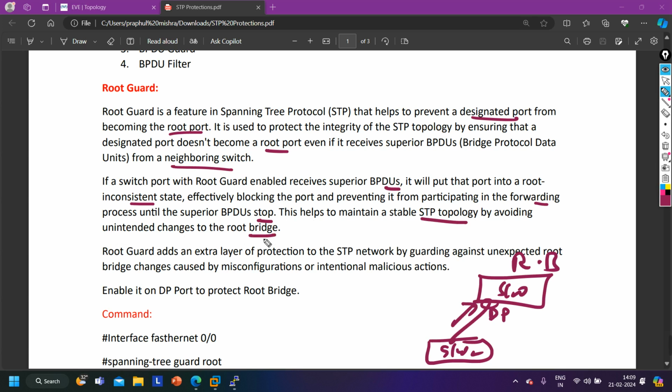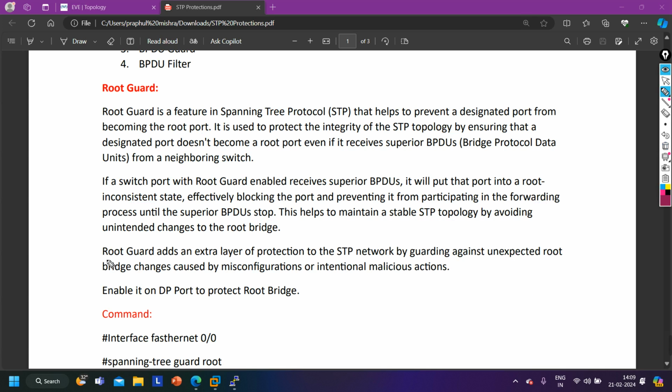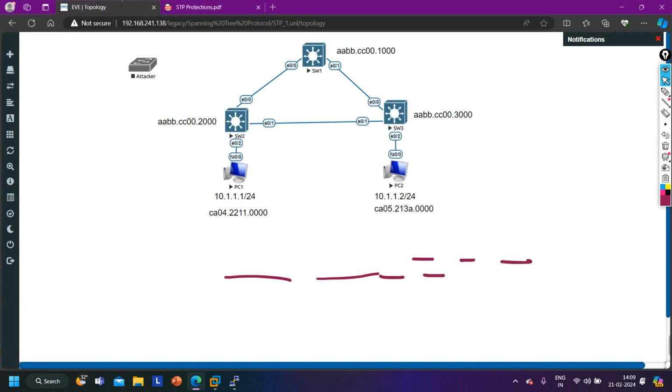Getting my point? Right? Then guys, you can learn more about it. Root guard adds an extra layer of protection to the STP network by guarding against unexpected root bridge change caused by misconfiguration or intentional malicious action. It can be because of misconfiguration also, right? Let's say someone has set priority 0 on switch number 2 by mistake. So switch 2 is going to send the superior BPDU to switch number 1, right? But in my network, switch 1 should be my root bridge,